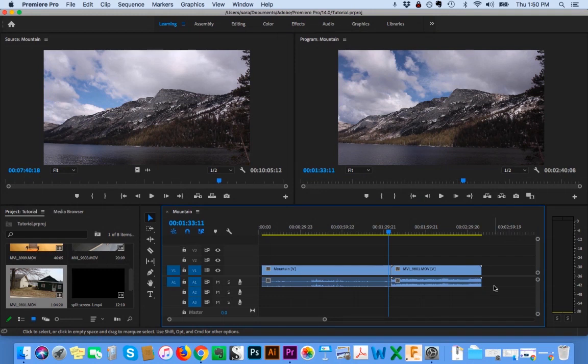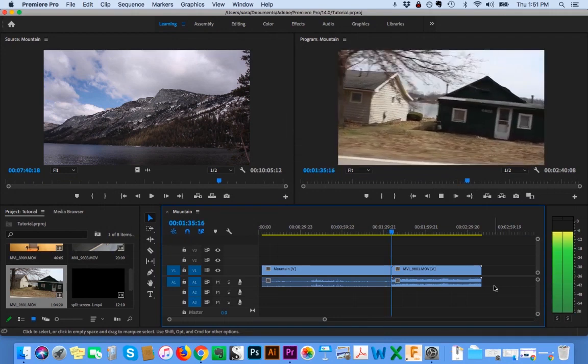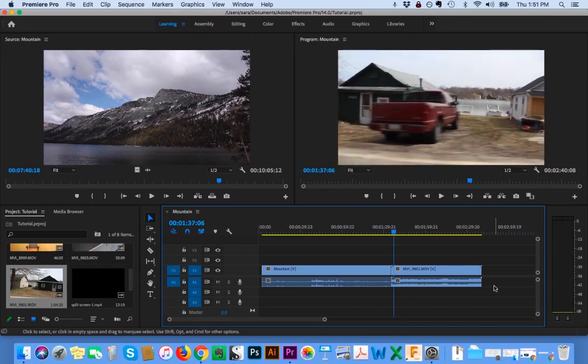But this is what's called a cut. It is basically one video cutting to another video immediately, right? There's no black space, nothing happens. It's this, boom, it's that. That is what 99% of video editing is basically: getting your videos in the right order,